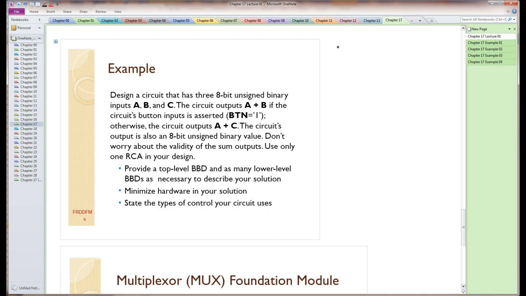What we need to do is first draw the top level black box diagram. I think we'll draw it with 3 unsigned values, A, B, and C. These are all 8 bits. It has a button input called out by the problem, and it has an 8-bit output. So there's the top level, and what we need to do in this circuit is figure out how to make